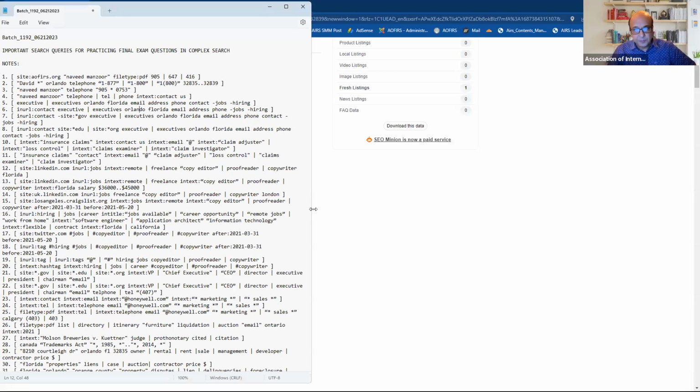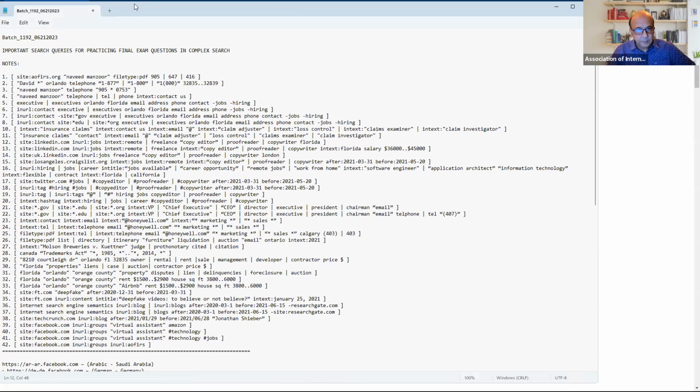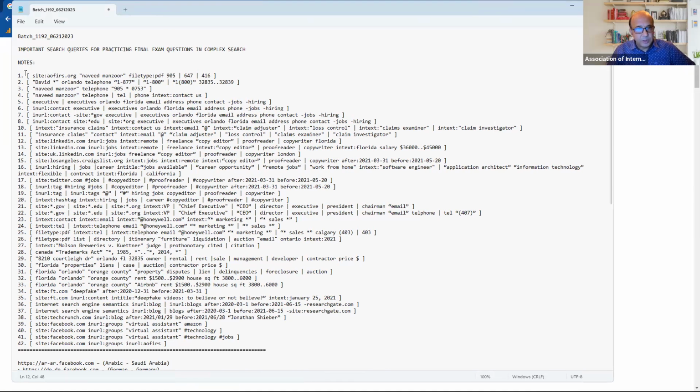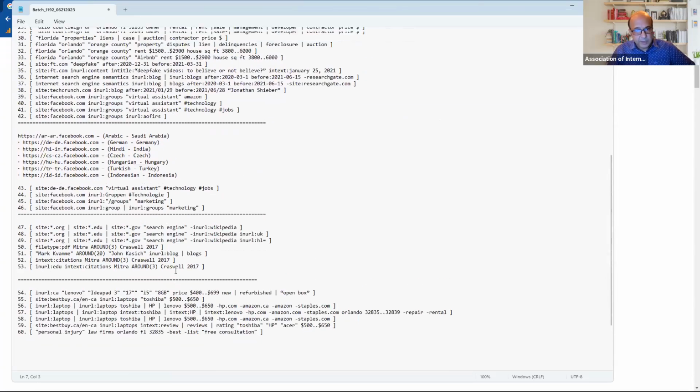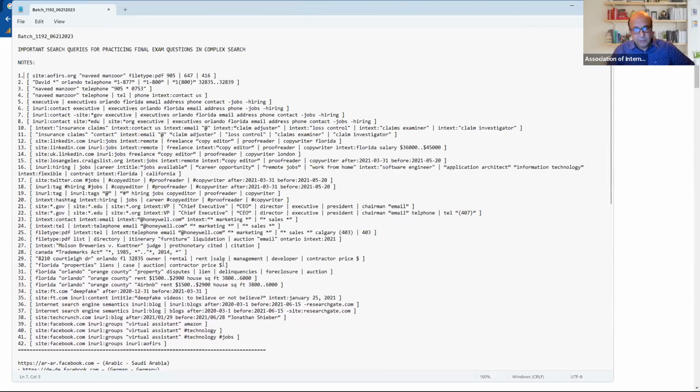As you can see right here, I've saved them as notes, but these are all search queries. They start from 1 through, well, I have like 60 pulled in from PowerPoints and the book together for you to practice. And for anyone who's listening to this recording, they should go to their notes file and look up the queries